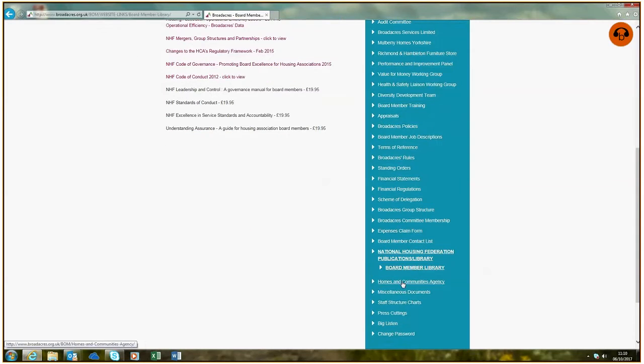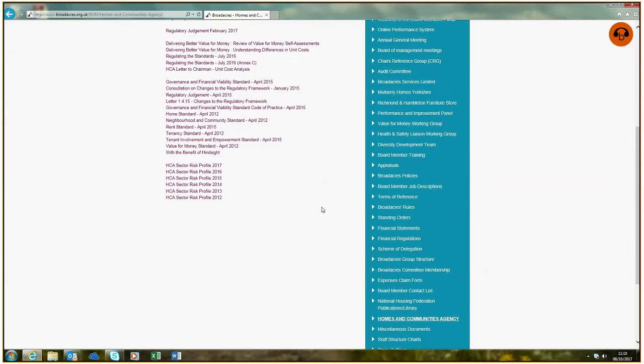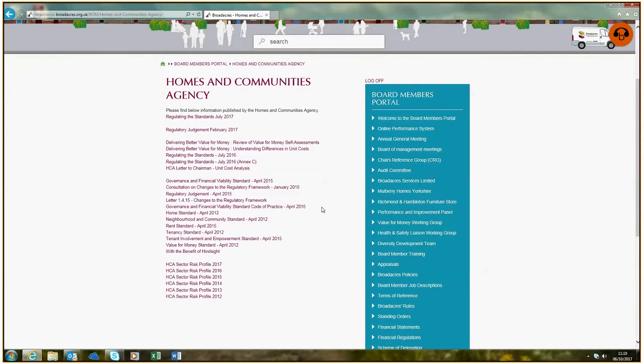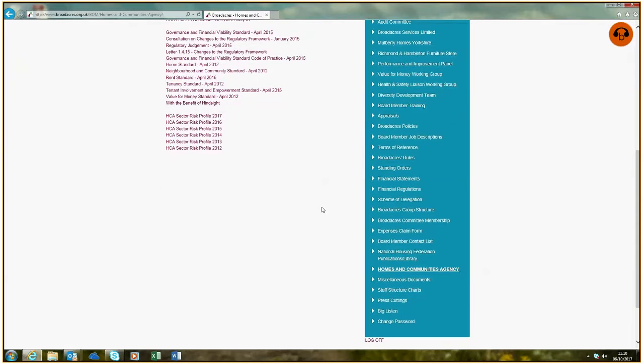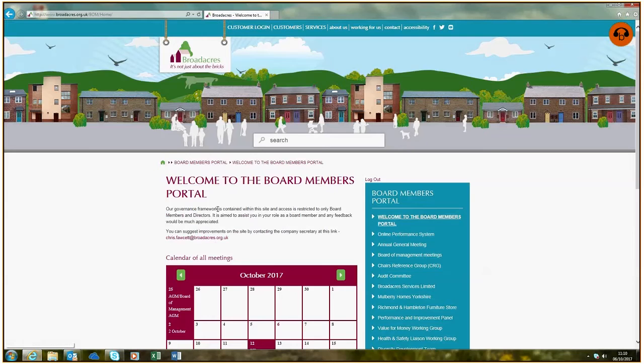There are HCA documents, and we update the sector risk profiles, etc. So it's intended to be a library of past minutes, policies, terms of reference, standing orders, and relevant sector publications, all together forming what we call Broadacre's